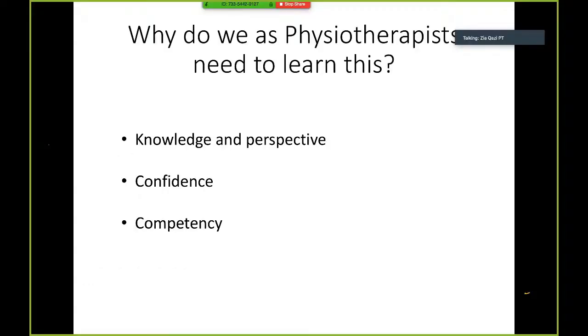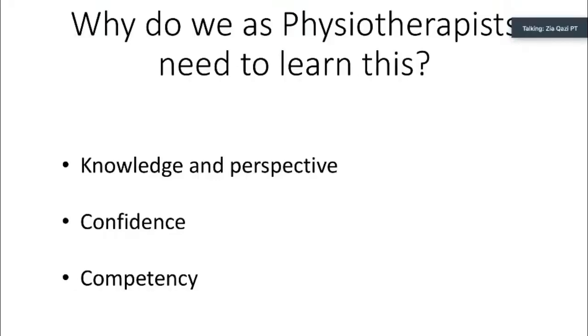The second thing is confidence. Is the bleed in some area where even though it is small it has a very large effect on functionality, or some area where the bleed may be present but need not be compromising the function of the patient? That confidence for you to treat the patient is also an important factor. When you know how to read the scans, or when you can see the brain images and say, okay, this bleed is in some area where the functionality is compromised, maybe I should go slow with the rehabilitation. That decision making is very essential.